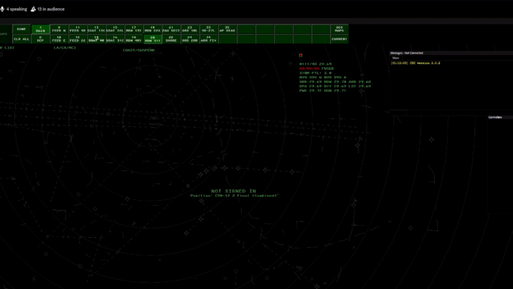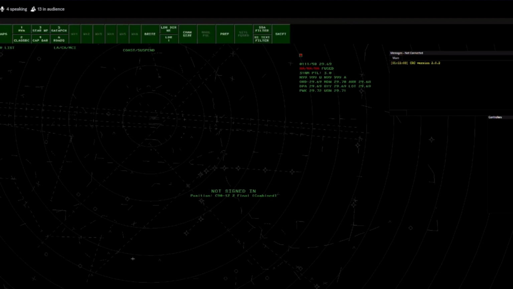So for 31, I typically take them right over here. This is WLS radio tower. I let them fly the star, go base around here, and then in. It's a nice 10-mile final. Nobody squawks about that. And then from the east, I just go direct to